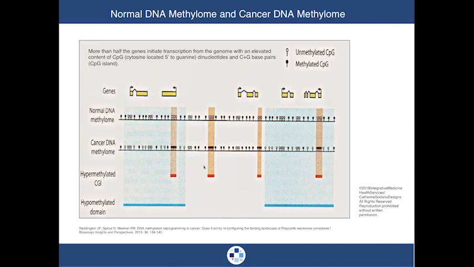Now, there is a whole bunch of stuff on this slide here, but I'm going to simplify it the best that I know how. Because as it turns out, this is a little sample of a strip of DNA going across here. It's called the methylome because these are areas of the DNA that are methylated. You're probably familiar with CH3, that's methylation. And this is a cancer DNA, what it looks like. So this gets a little bit technical, but just hang in there with me for a few minutes as we go through this slide.